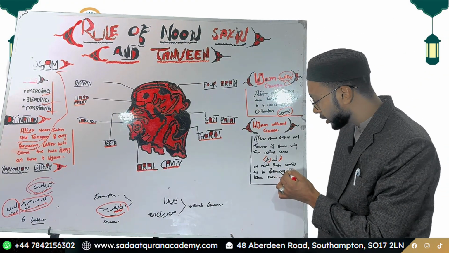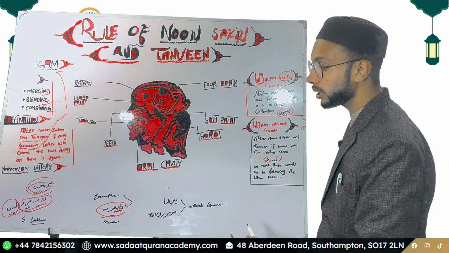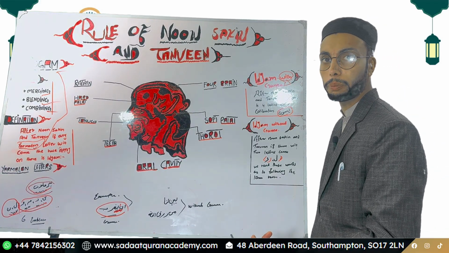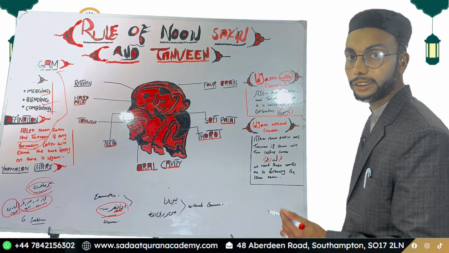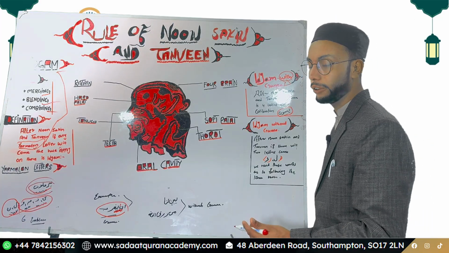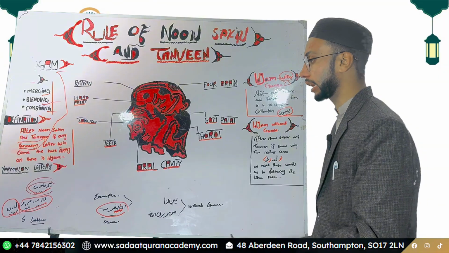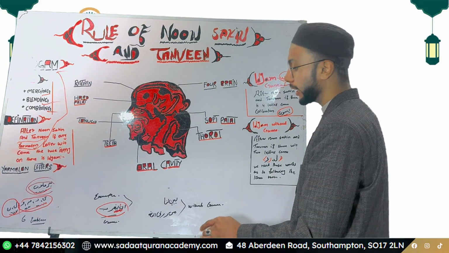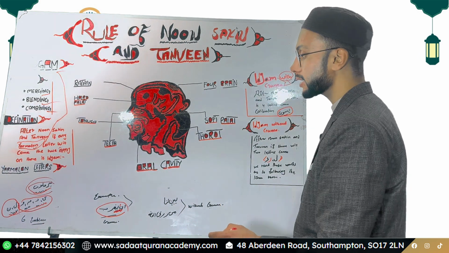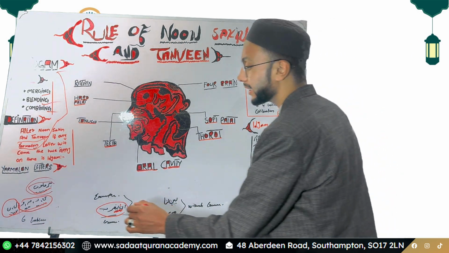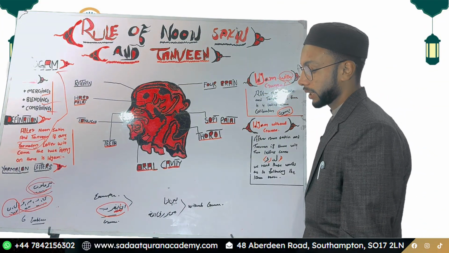We do not read these two as Izhar. In the previous lesson, I told you the very first chapter of Noon Saakin and Tanween is Izhar. The meaning of Izhar is clarity, purity, cleanness. We read the word clearly after Noon Saakin and Tanween if any throat letter comes. Now keep in mind here, Lam and Ra are not throat letters, so we don't read them with clarity. For example, Mir rizqillah.